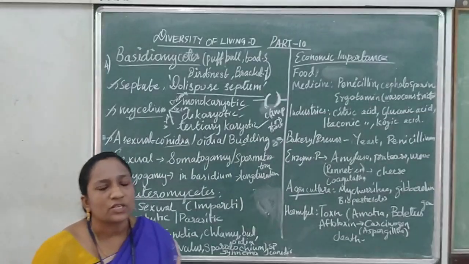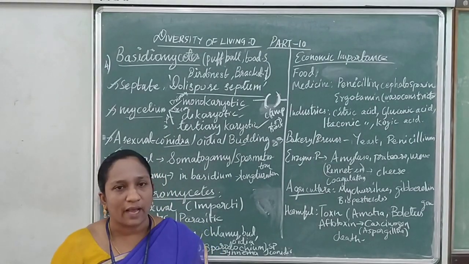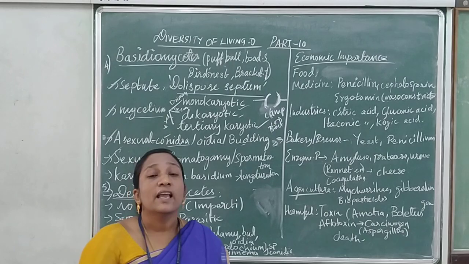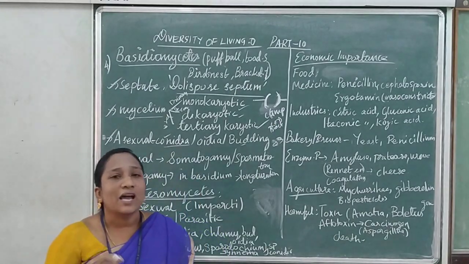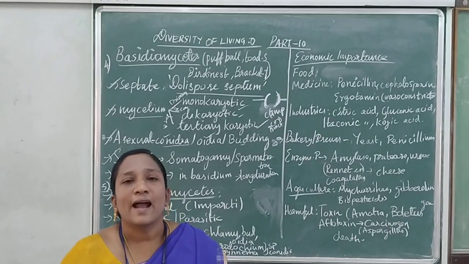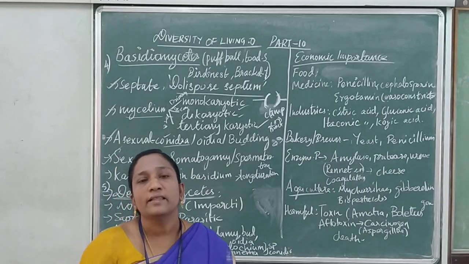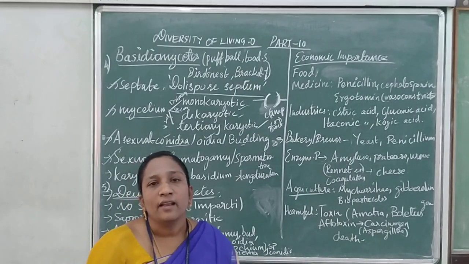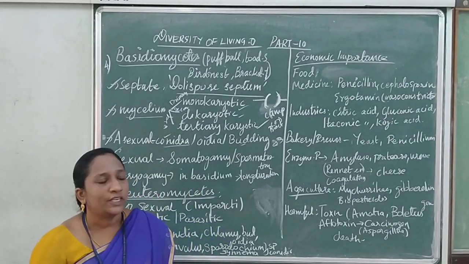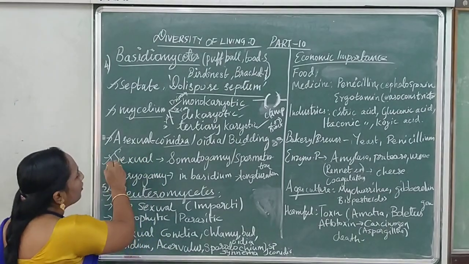So what is sexual reproduction? It is by means of fusion of gametes. In this case, Antheridium and Archegonium are the male and female reproductive organs. Archegonium is the female reproductive organ and Antheridium is the male reproductive organ. The male gamete and female gamete fuse with the help of water and certain agents, and then it forms a new species. So that is called the sexual mode of reproduction.